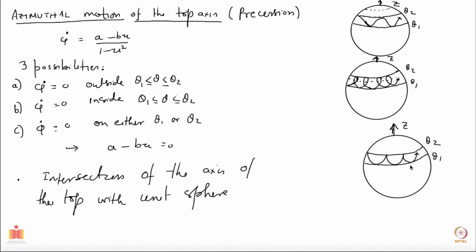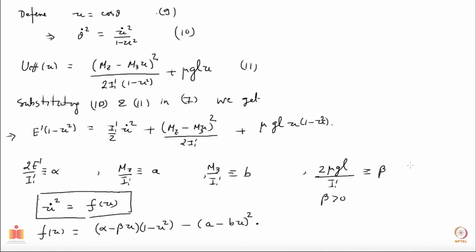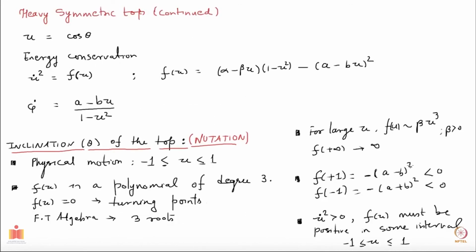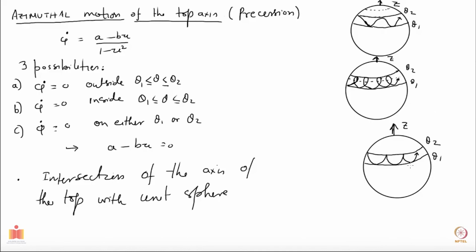I think this is really nice that, without solving any equations, we have not done any quadrature. We never tried to solve theta or phi as a function of time. We didn't do any integrals. We didn't solve any equations of motion. Purely based on the first integrals, which we obtained by the symmetries, we looked at some cyclic coordinates, and knowing those, we could arrive at a rather informative picture of what the top does as it moves around in time.